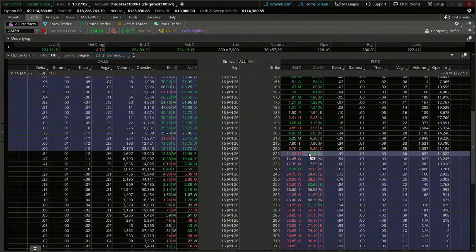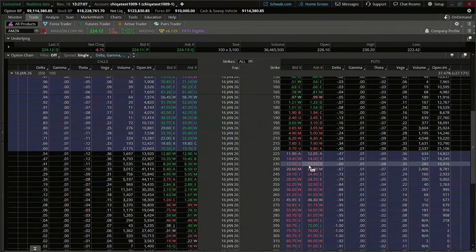So if we're looking at these various options, we want an option that is going to be in the money, have a little bit of intrinsic value, and also move a little bit more than 50% on the dollar. So I may look at the 235 strike put here, which has a delta of roughly 60, really telling me that there is a 60% chance that this option could expire in the money.